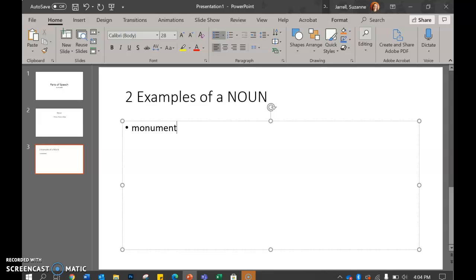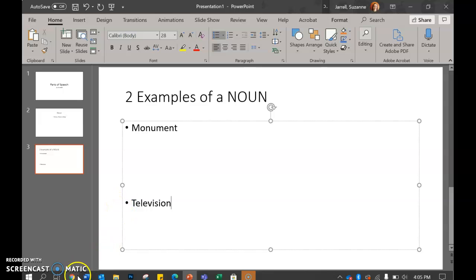I want you to give me 2 examples of a noun. I'm giving you my examples. Do not use my examples. Okay? And then I'm going to go down a little bit, and I am going to put in a television. Both of these are examples of a